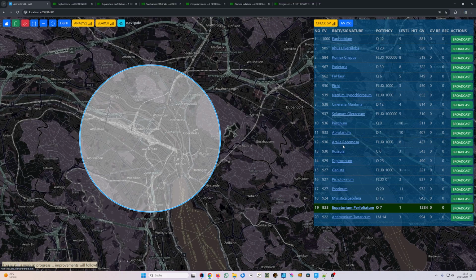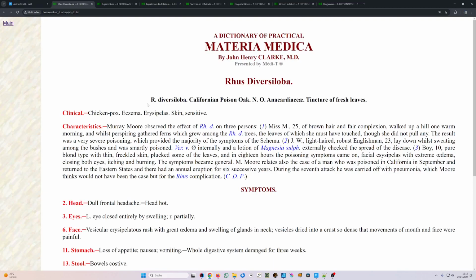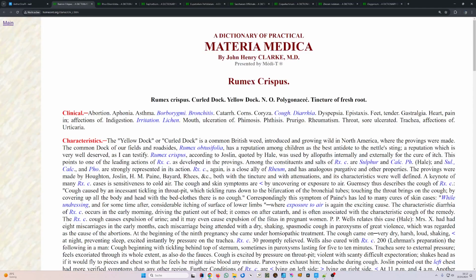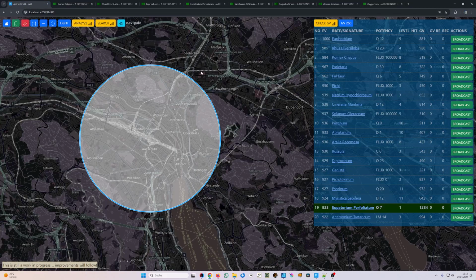So here we see other remedies, and you can search Rhus diversiloba. Here we see chickenpox, which is not influenza, but it's an infectious disease. So you can add that to this sort of remedy, Rumex. Yeah, and so on. Now let's go to the next city,